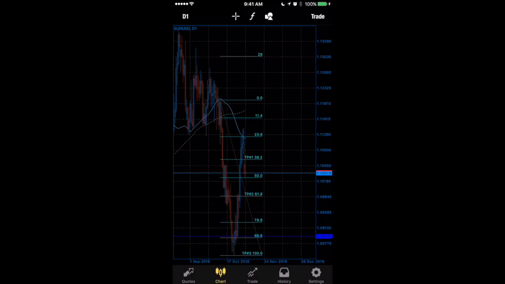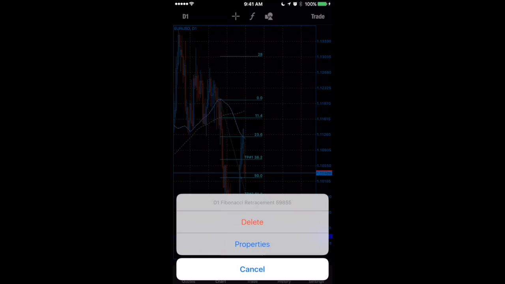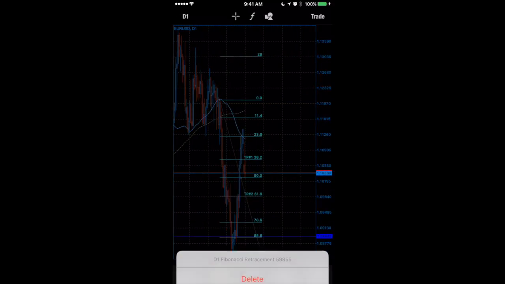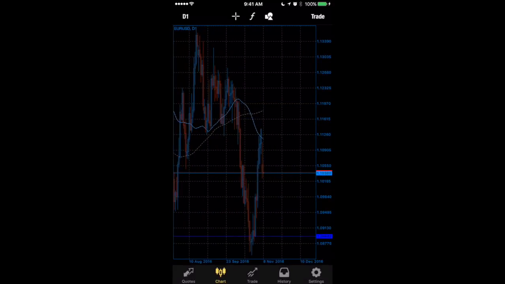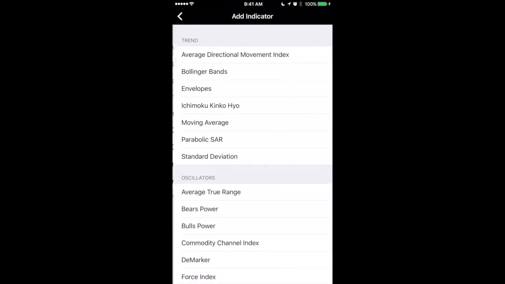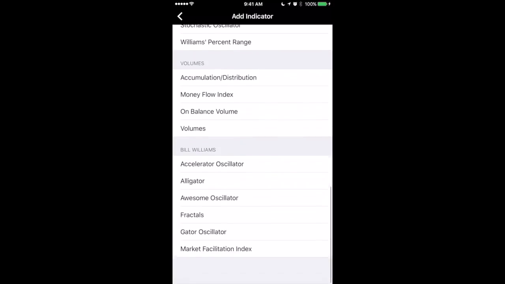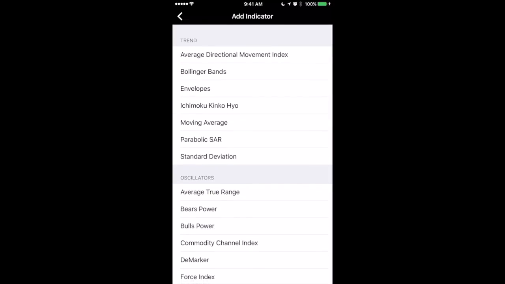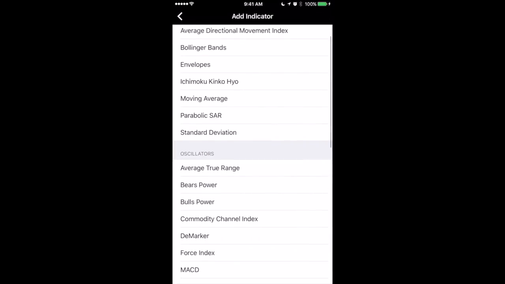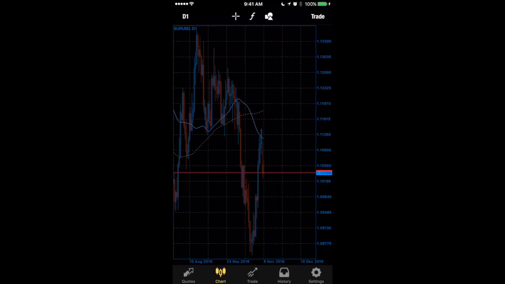So like these are tools. Just tap and hold, and then you can change properties, delete them. I'll show you that later. Anyway, so like show you indicators is the F. This is for like the main window. If you want to add these different indicators, they're gonna help you look at the charts and see different things in the charts. Second indicator window, basically